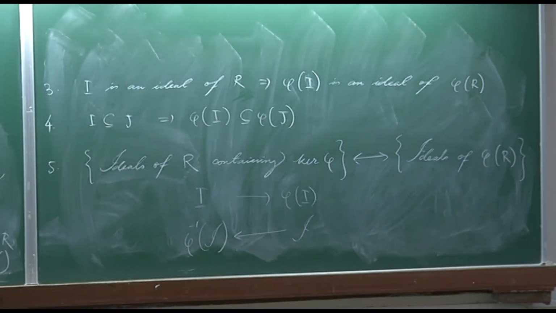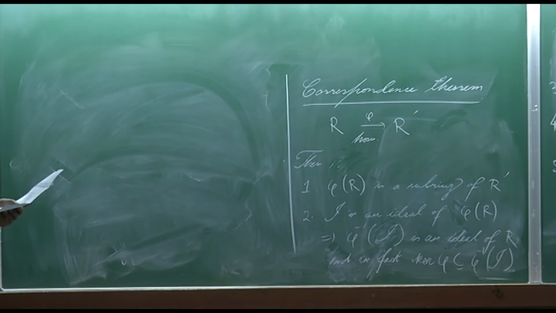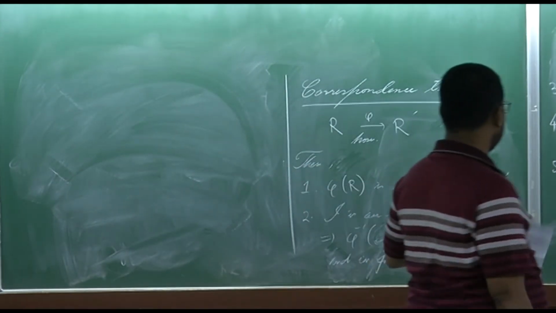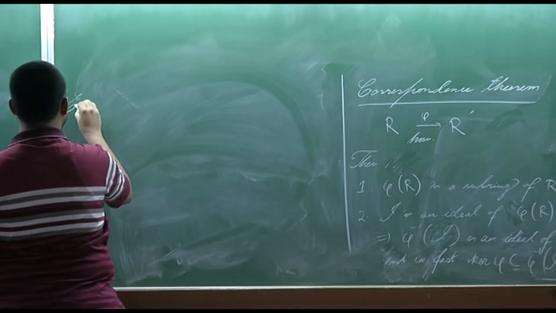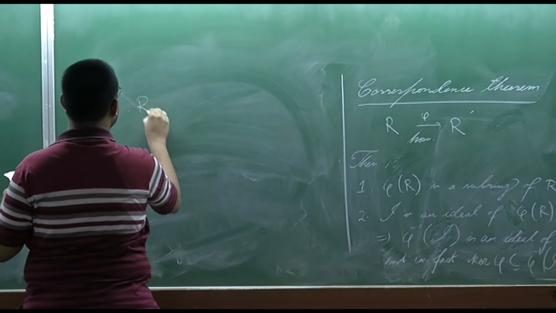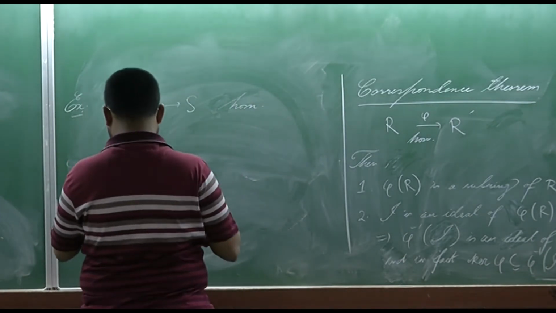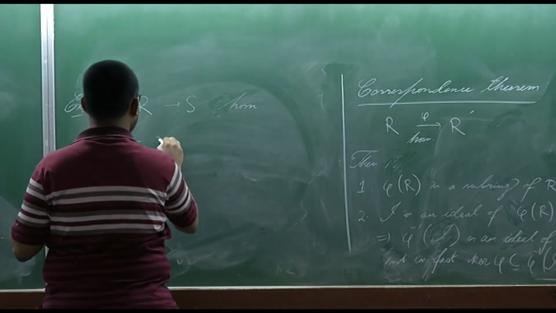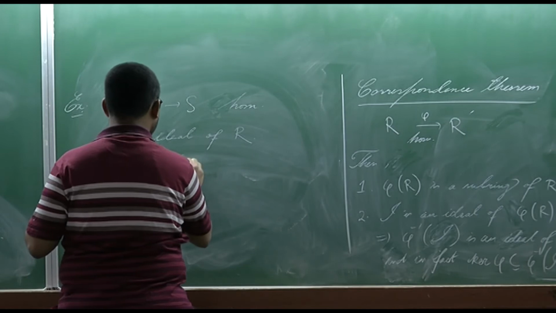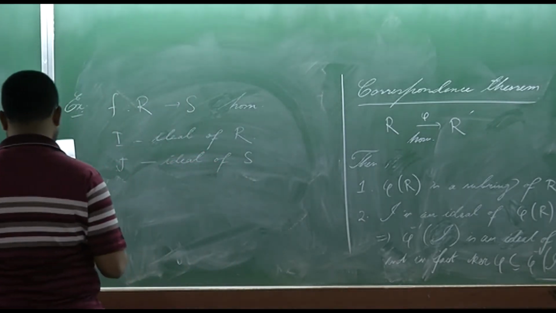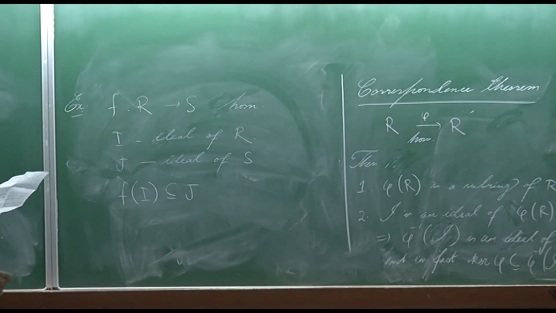Once the correspondence theorem is done, I will talk about the isomorphism theorems. So, broadly it is called the mapping property. Maybe here let me give an exercise based on this correspondence theorem. So, suppose we are given a ring homomorphism from R to S, and let I be an ideal of R, and J an ideal of S. Assume further, suppose all these are given to us, then